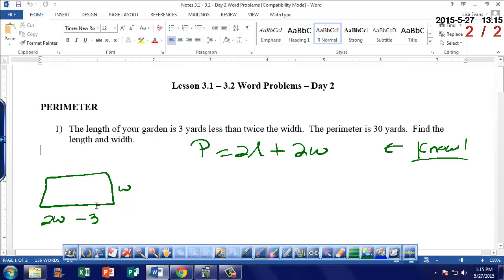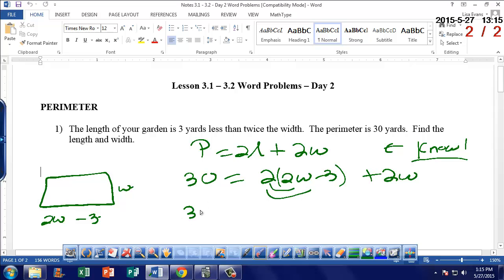So I'm going to go ahead and plug both of these in, this in for W, this in for L, and we are going to plug in 30 yards, which is the perimeter. So we get 30 equals 2 times the length, which is 2W minus 3, plus twice the width. So this is a substitution type problem. Go ahead, distribute,